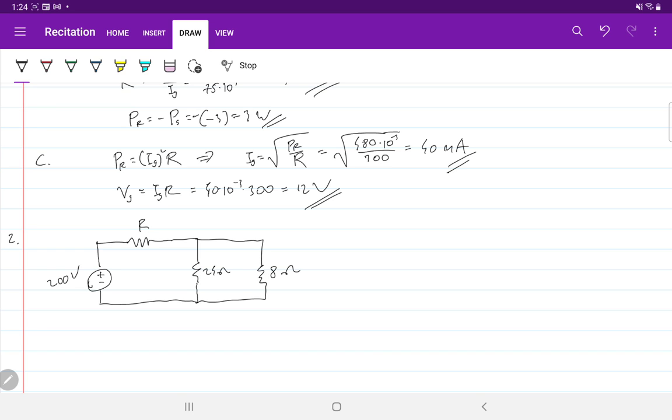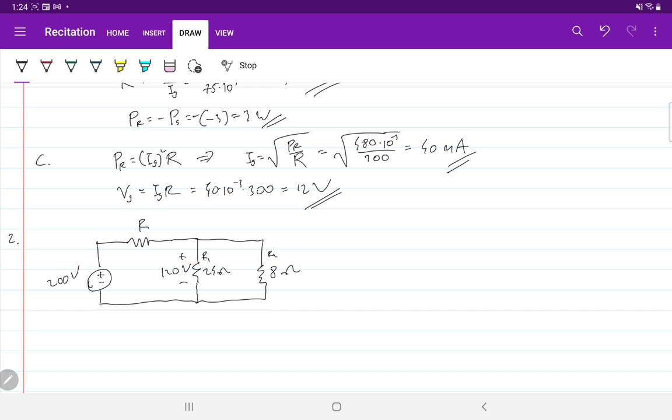But you cannot solve this problem this way because there's something missing here. So it is specified that the voltage on this particular resistor is 120 volts. Okay. So let's call this one R1, and this R2,